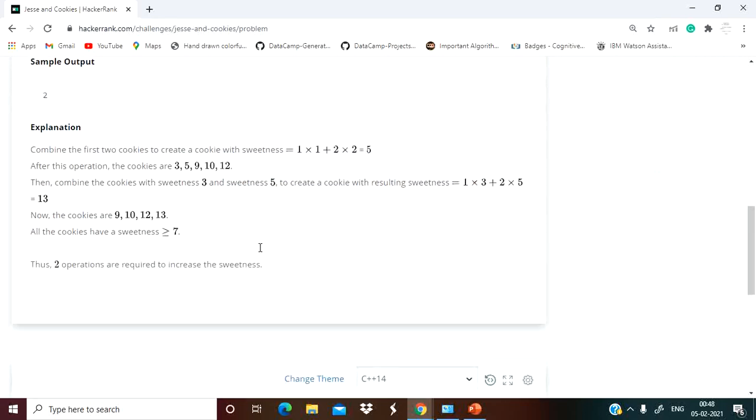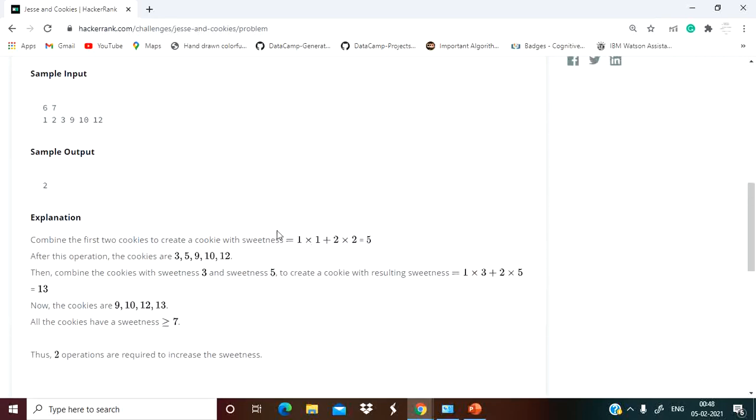In this particular input, the least cookie is 1 and the second least cookie is 2. So he applied the formula 1 times 1 plus 2 times 2, that is going to be 5. Now the new array is going to be 3, 5, 9, 10, 12, and you can see here 5 has been inserted at its proper location, after 3.